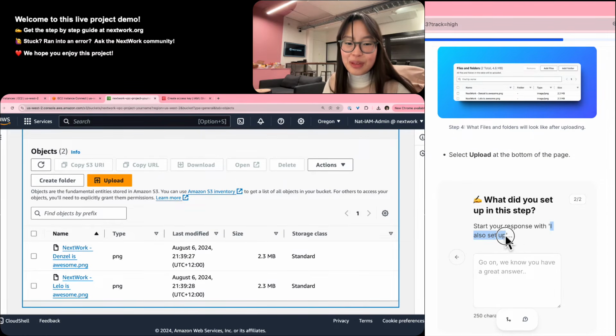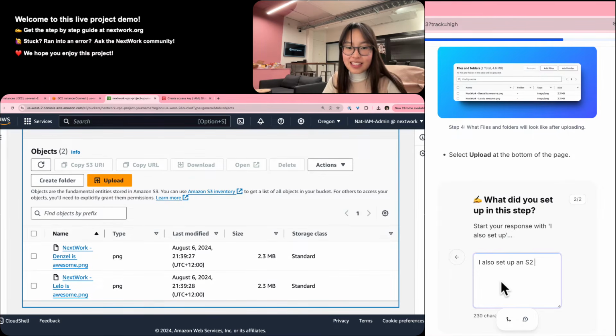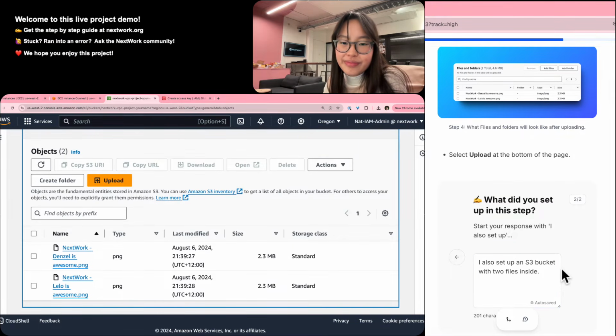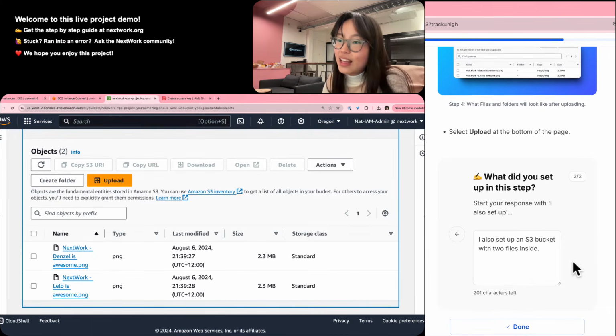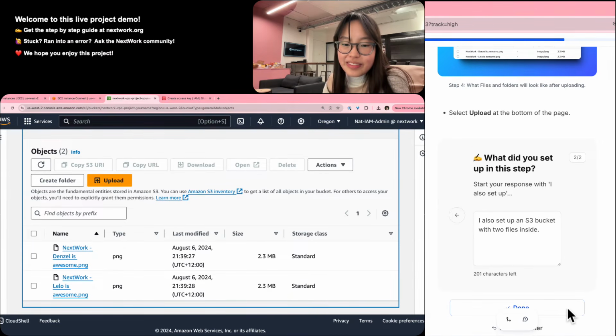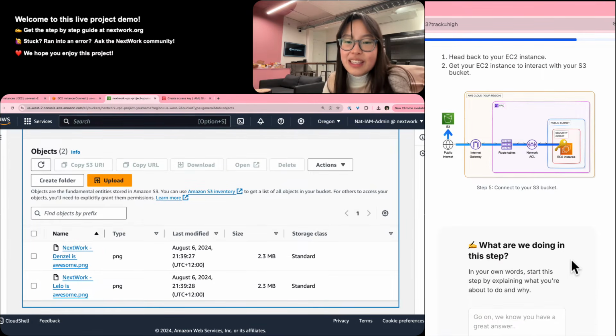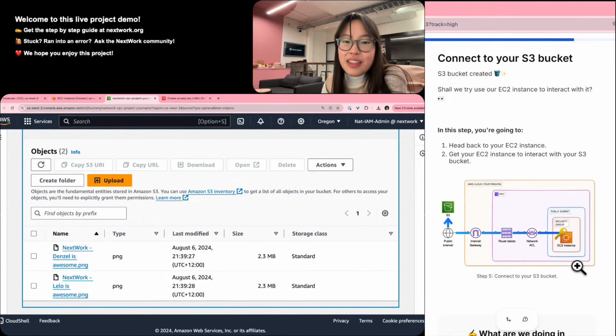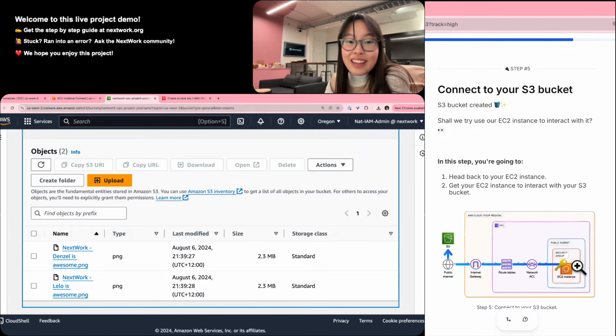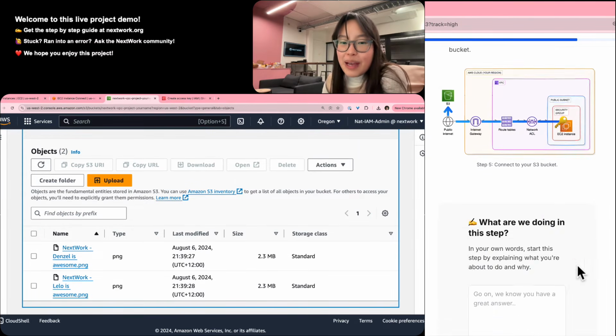I also set up, what did we set up? I also set up an S3 bucket with two files inside. Cool, let's click done. All created. Very nice. And then for this one, we have just done the first half of the step, but